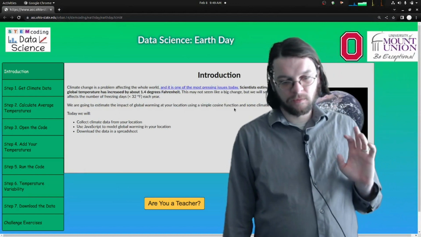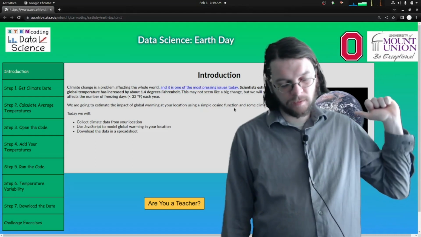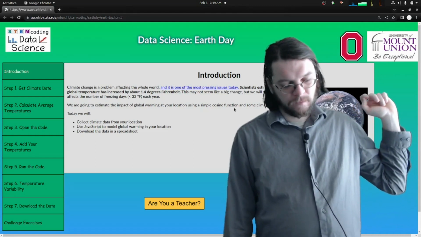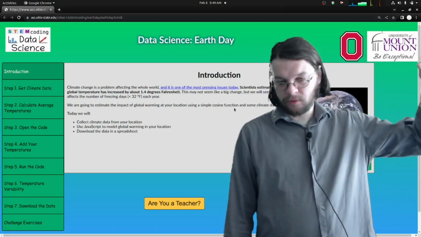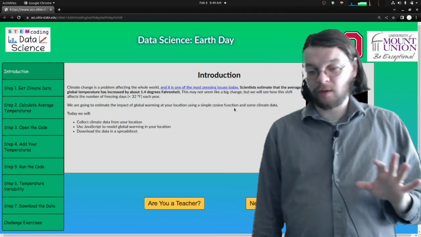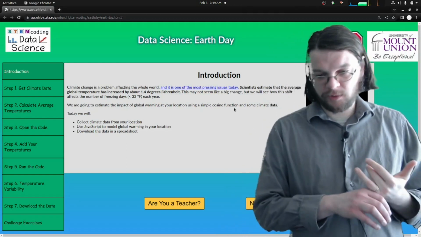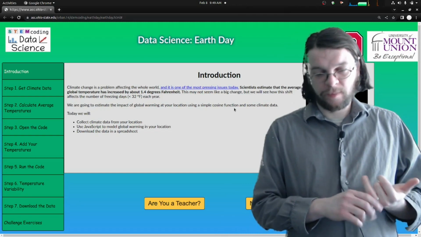And the premise of this activity is that in other states, so Ohio, Illinois, the Midwest, right? Climate change is not quite as obvious as it is in other parts of the country. California has wildfires. The West has droughts.